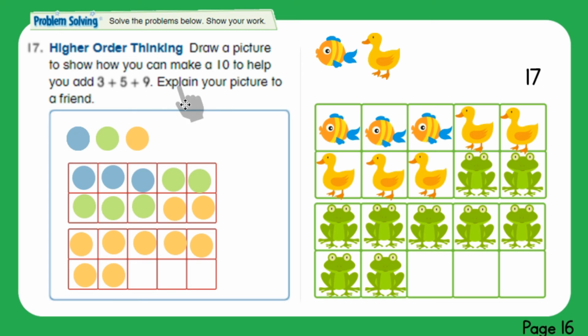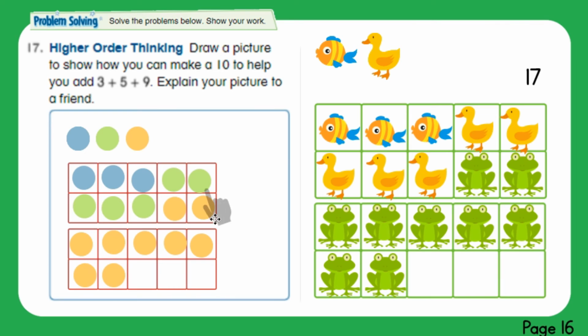Now you have to explain your picture to the friend. You can tell your friend that I had to solve this sum 3 plus 5 plus 9. So I used different colored counters to help me solve, and using the 10 frame I can know very easily and quickly. I used 3 blue counters, then I used 5 green counters, and then finally I used 9 yellow